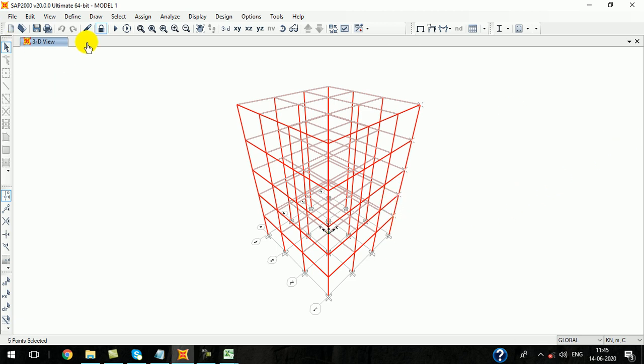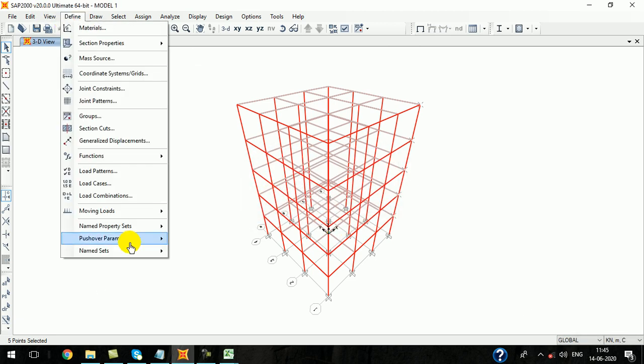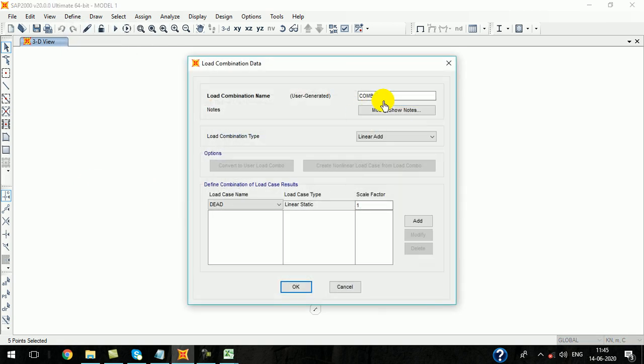But before that, let us create a load combination: dead load plus live load plus time history.